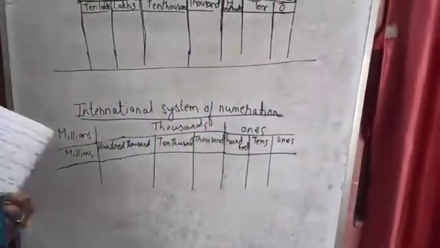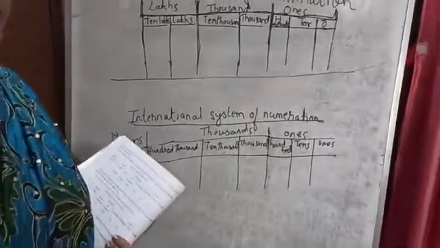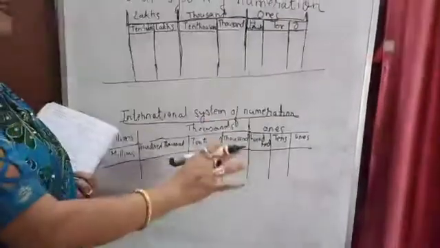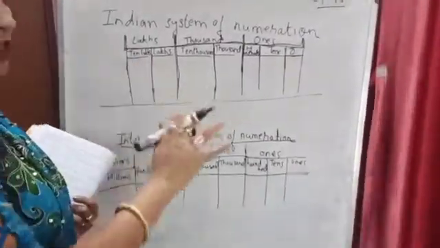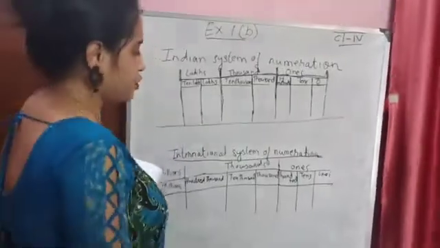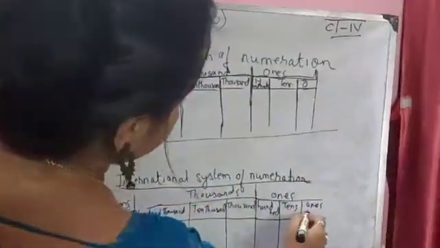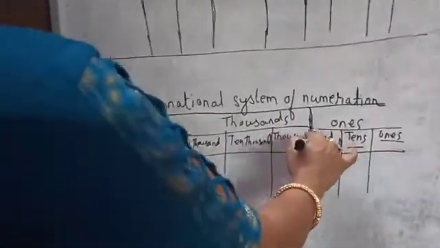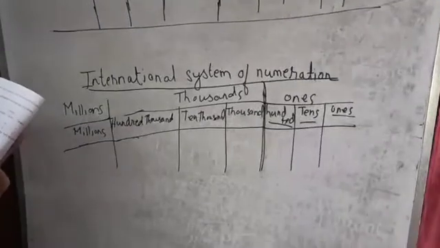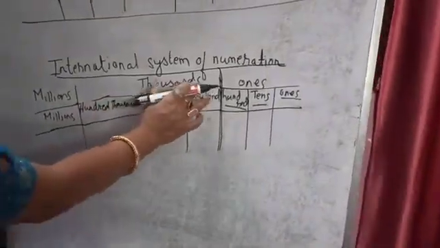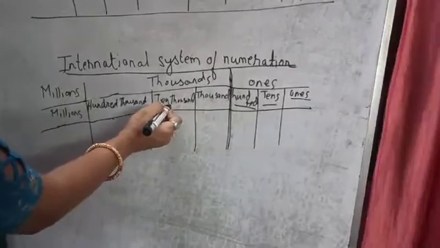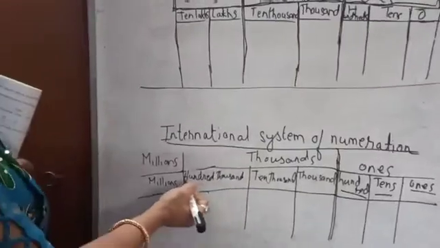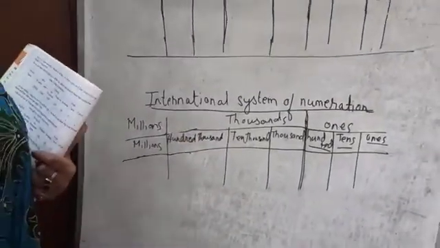Now when I am talking about the international system of numeration, my dear children, don't mix it up. See, the ones category is the same for the Indian system of numeration and also the international system of numeration. That is, in the ones place you find the ones, the tens and the hundreds. Okay. After that, when I shift to the thousands place, see the bar over here like this. In the thousands place, like the thousand group, the 10,000s group, and after that we do the lakhs group over here. We don't go to lakh, we go for 1 lakh, meaning the 100,000. Keep this in mind, my dear children.